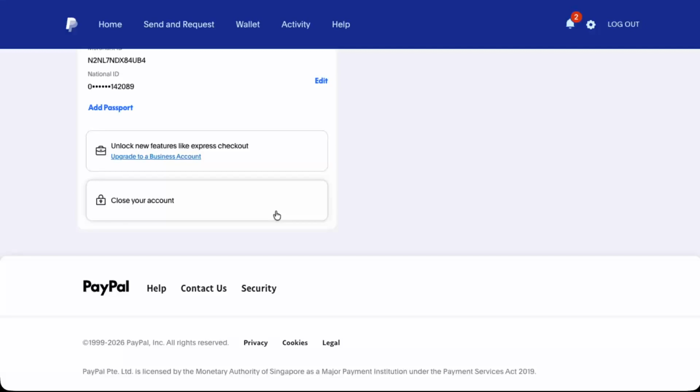After your account is closed, you can go back to the PayPal homepage and start creating a new account. This time, when you choose your country during sign up, select the new country you want to use. You can enter the same email address you used before, as long as the previous account tied to that email has been fully closed. Complete the registration, add your local address and payment methods for that country, and you'll now have